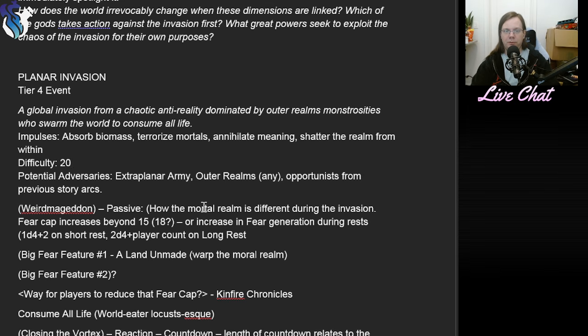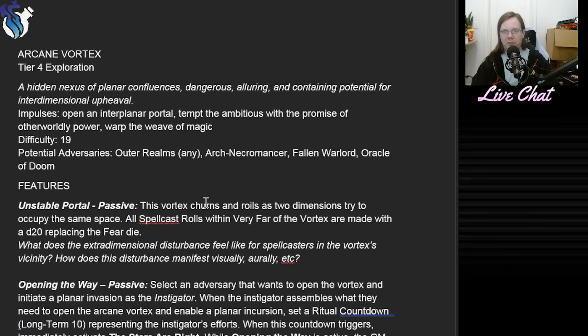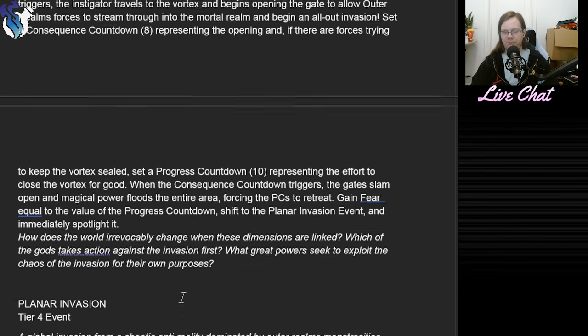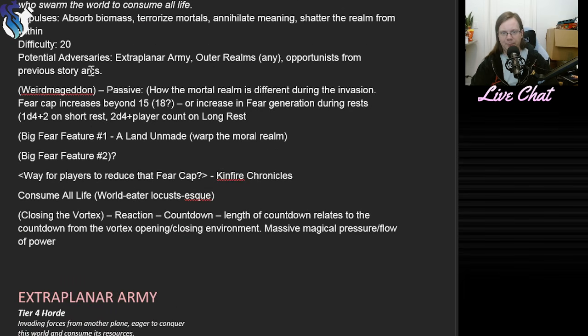Now, in Arcane Vortex, having a d20 for your fear die means that you can hit those more difficult spellcast rolls. So I'm going to have to think about what I want to have here. So actually, let's say